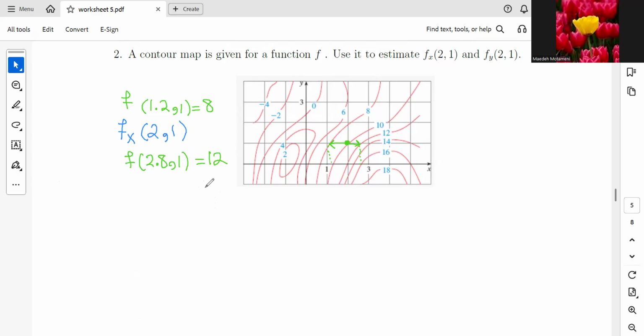So what was the f of 2 and 1? That is 10, because this point is located on the line with 10 as the value. Now, having all these points, 3 of them, if we find the rate of change between these 2 points,